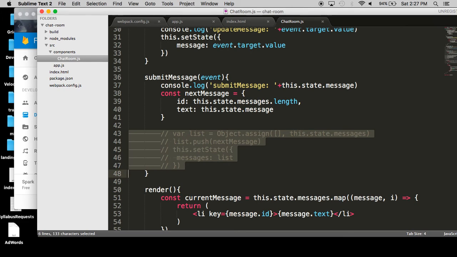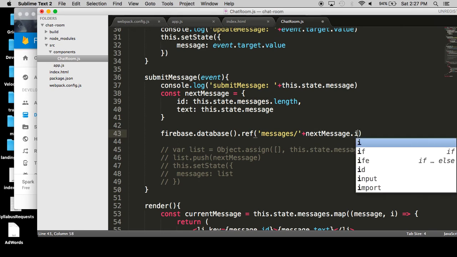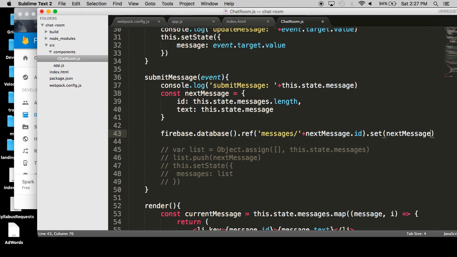That's the goal. So what I'm going to do now is reconnect to Firebase, database.ref messages plus next message ID, set next message. So what I'm saying in line 43 is when we submit the next message, reconnect to Firebase, find that messages key again, add another key inside, and set that our next message as the value for the subindex, 0, 1,